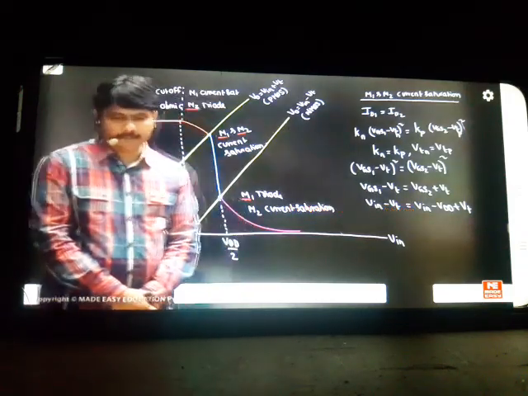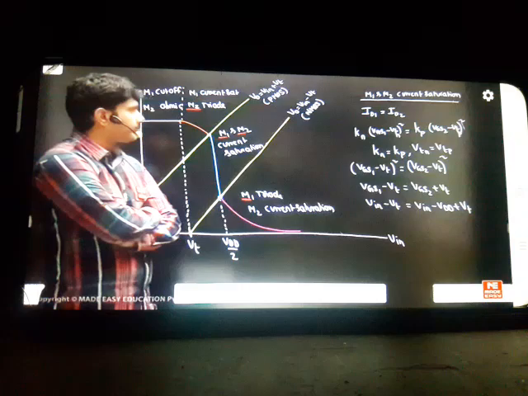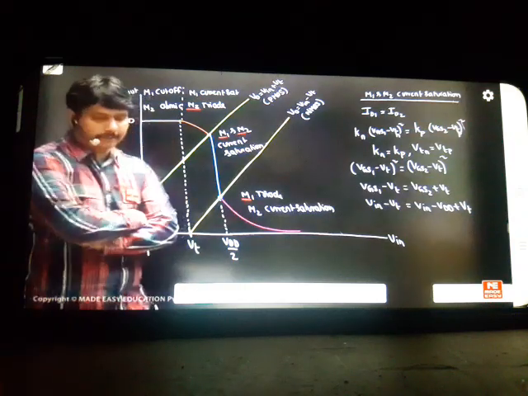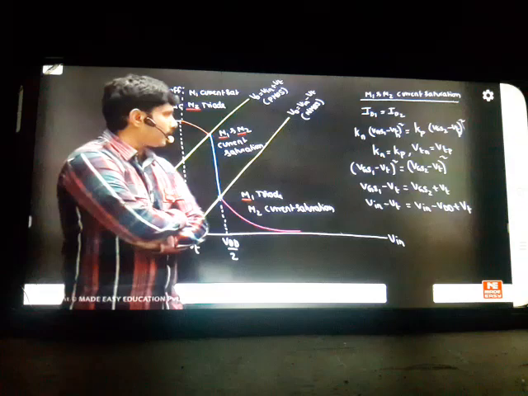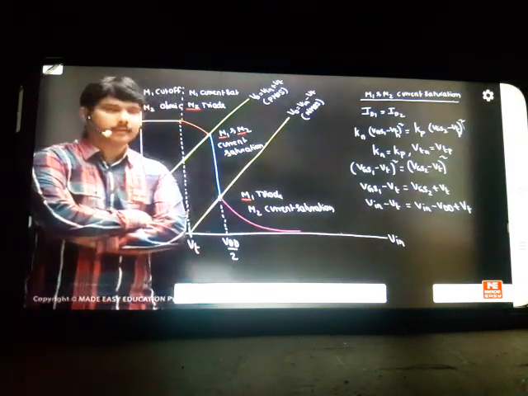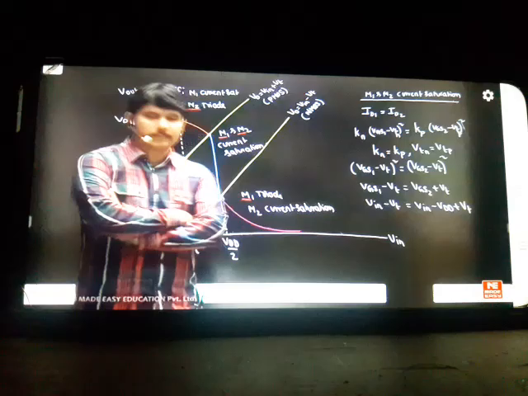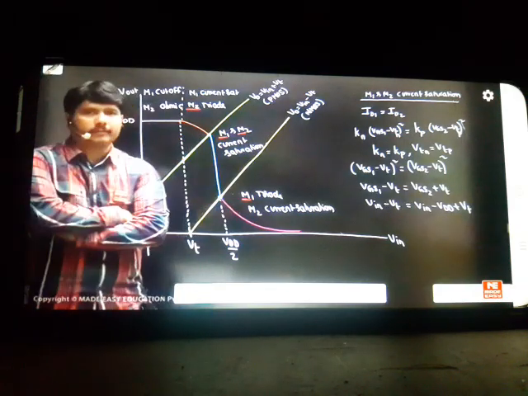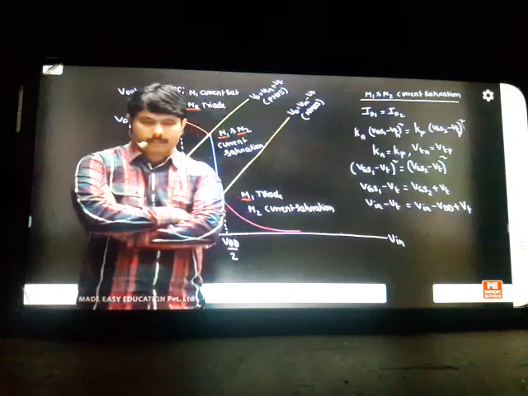No, VIN should not be VDD by 2. Somewhere a mistake is going on. Otherwise, we'll take some break. In the break time, I'll roughly do it and see where the mistake is going on. That mistake we'll correct in the short notes techniques. The next thing we have to practice, so small short notes. I'll explain all these things again. In the break time, I'll verify this condition where the mistake is going on. Meanwhile, you also try it.